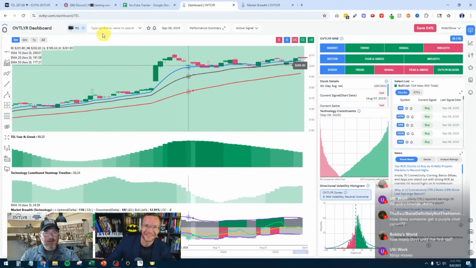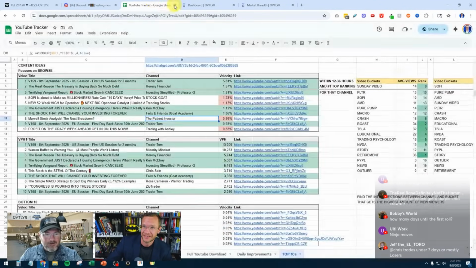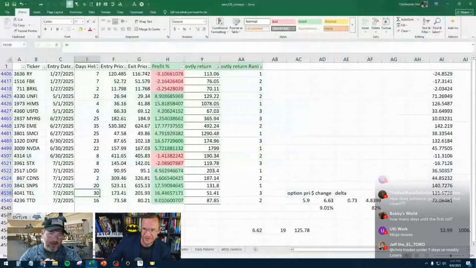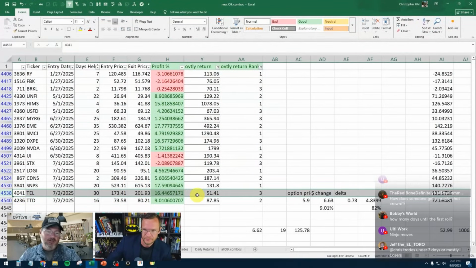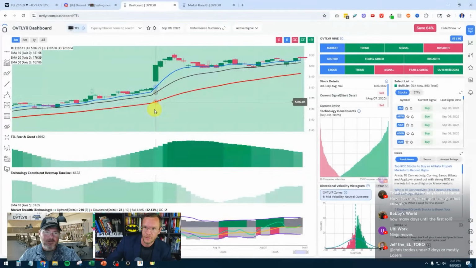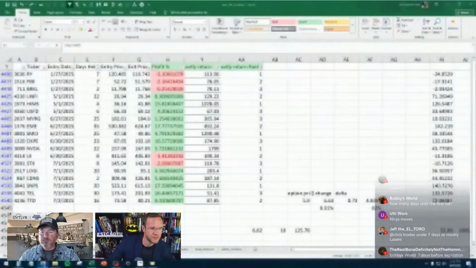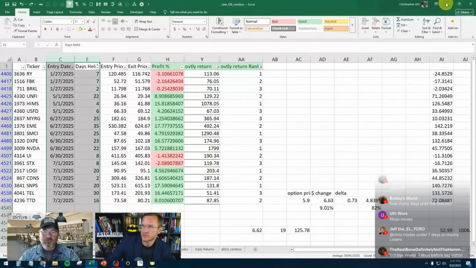Yeah, that's a beaut. For our newer subscribers, what you're looking at there is the 10 EMA line never crossed the 20 EMA, so the short-term trend was always going up on that chart. And so this entry date was 7/2. Exit date was 8/1, so August 1st.